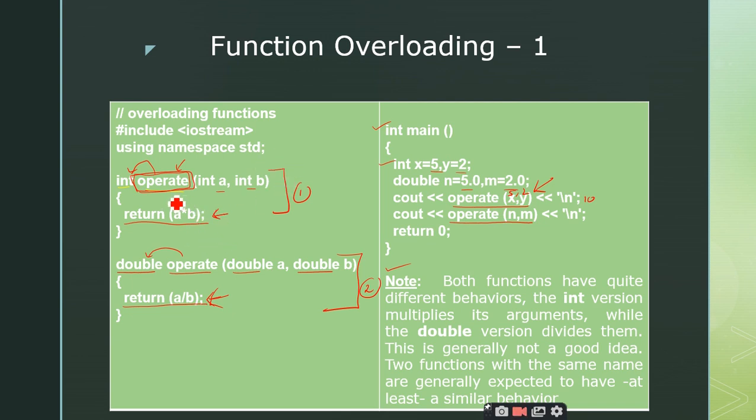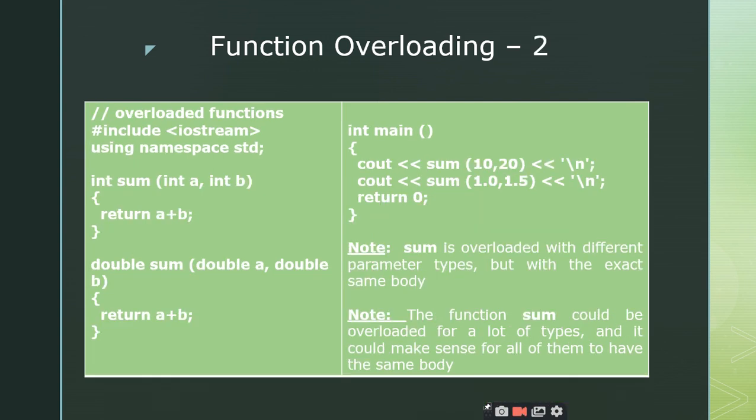Those ethics are that when you are implementing the function overloading concept, the behavior of the program should be the same in all the functions. Of course, there may be a change in the number of parameters, in the type of parameters, and in the return type of the function, but the behavior should be the same. If it is the same, then you are following the ethics. That is what I want to say. So is it clear up to this point?